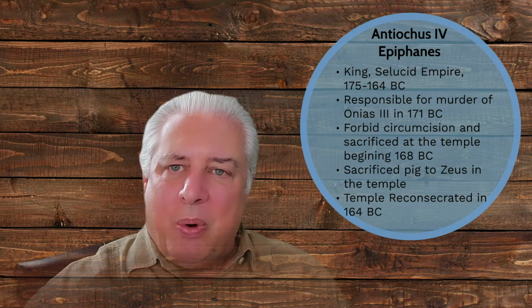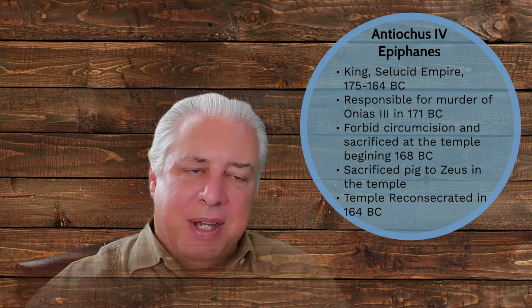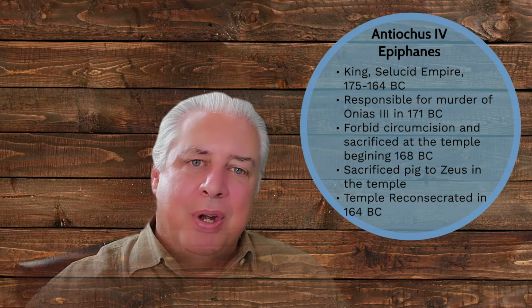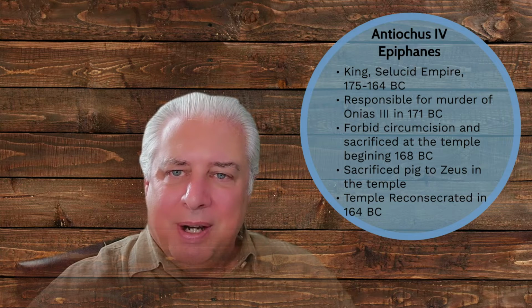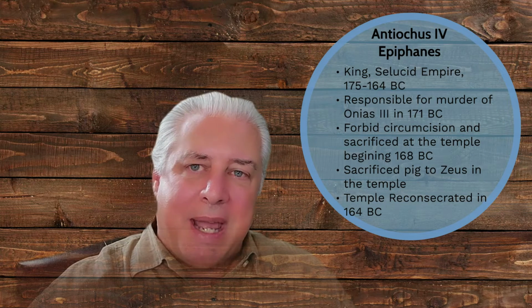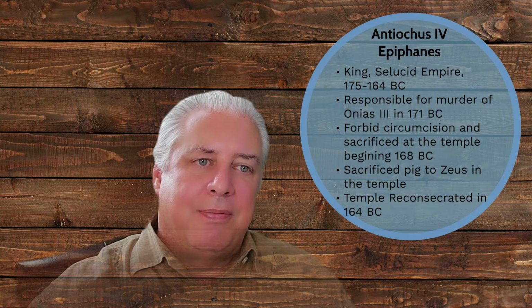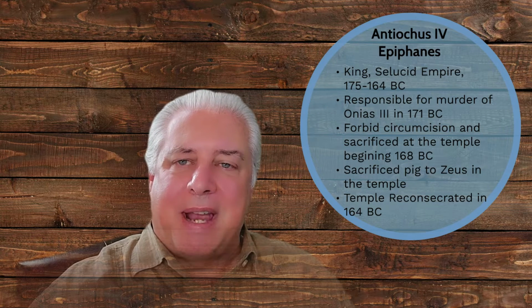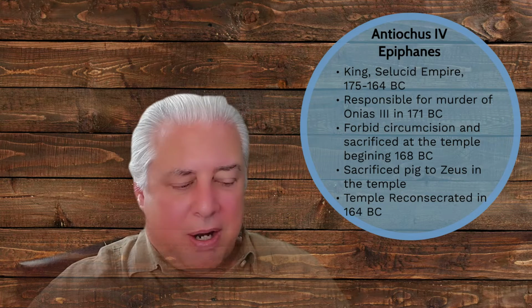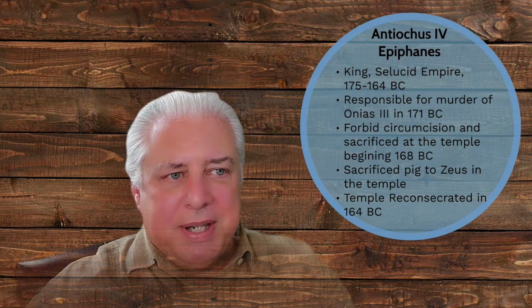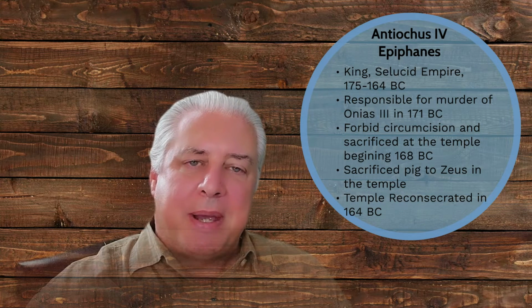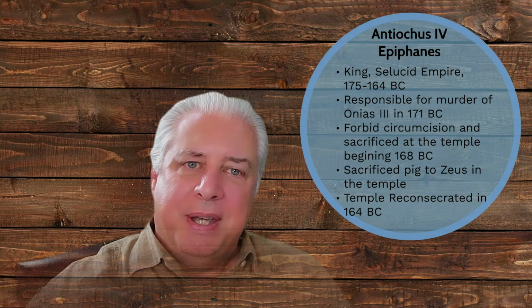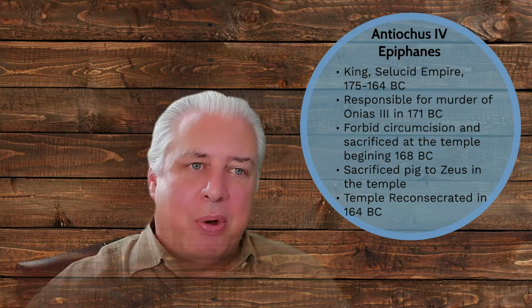So this starts about 168 BC and it continues until the Maccabees are able to recapture Jerusalem and reconsecrate the sanctuary. So at least at this particular point, there seems to be a link between the Daniel 8 story and the forbidding of the sacrifices in the sanctuary and what happens in history with Antiochus IV. Now, there are other details that seem to fit with the profile of Antiochus. As I mentioned, he did leverage the power of Rome to secure his power base. He was not able to do that by his own power.